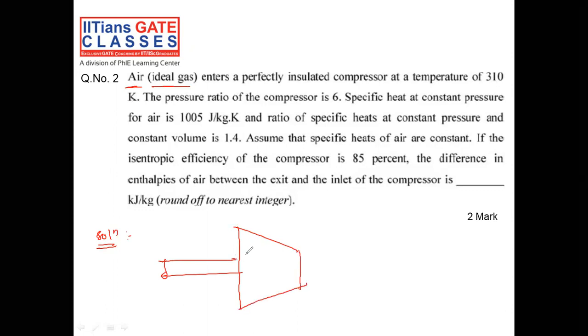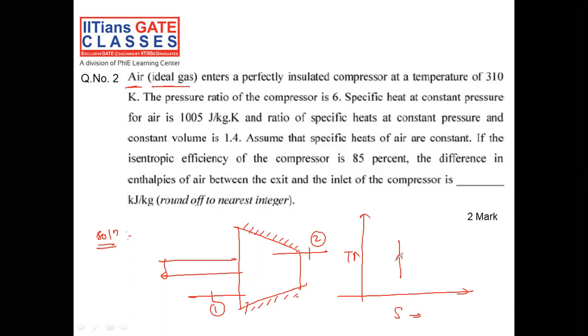Now this is a compression. I have a compressor which is nothing but insulated. Now let us assume this is section 1 and this is called section 2. Let me draw a TS diagram for this figure. We are going to compress, and we have already seen in the previous question, 1 to 2 is nothing but an isentropic compression process. But sometimes due to friction,